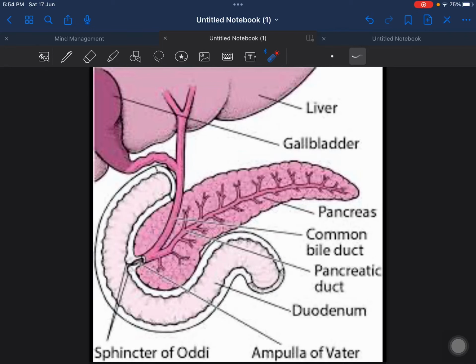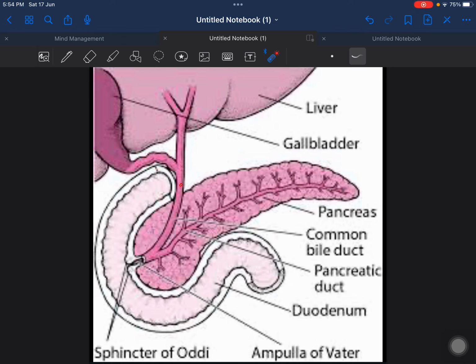So let's have a look at the pancreas and its ducts in a normal condition. So this is the C-shaped duodenum. This is the pancreas. This is the head of pancreas. This is the major pancreatic duct, and this is the cystic duct coming from gallbladder, and this is the common